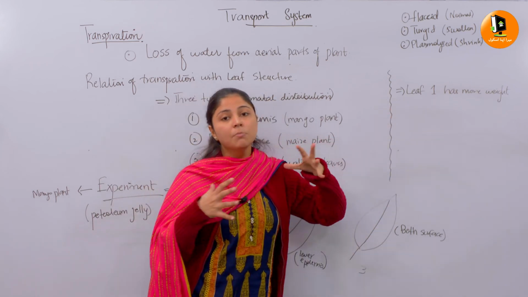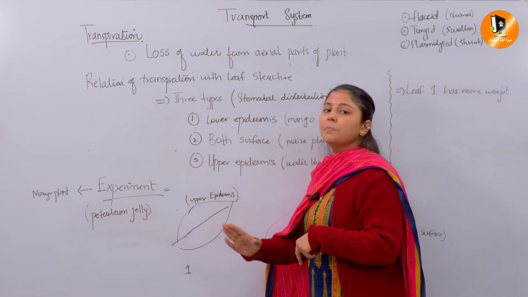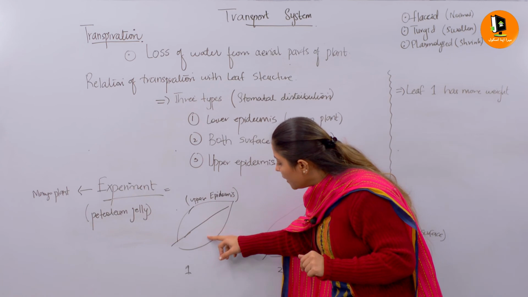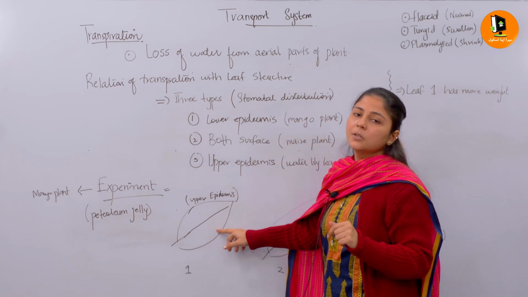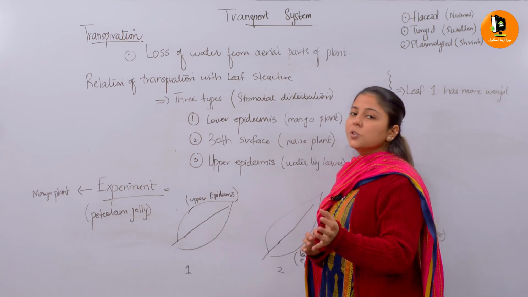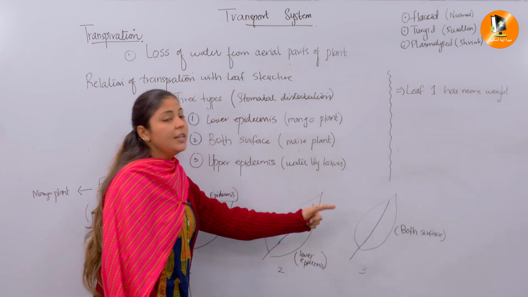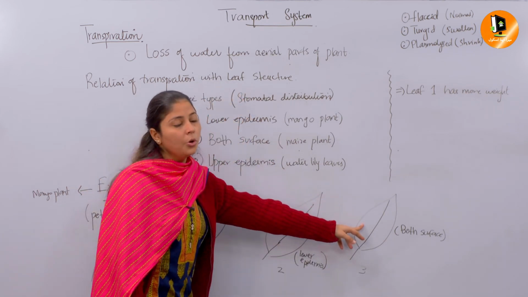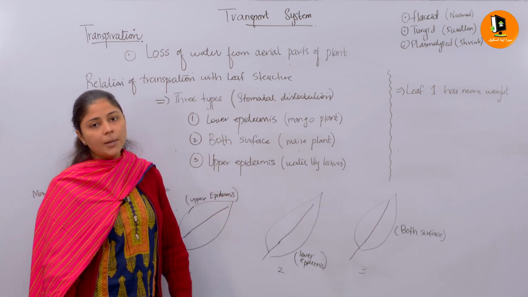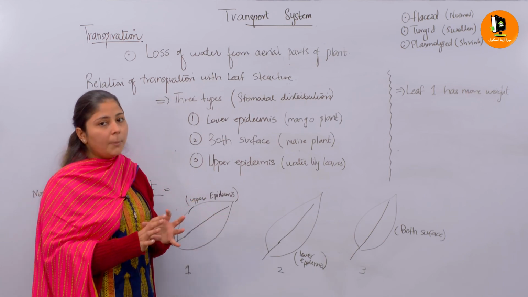When I weigh them, what result comes? Leaf 1 has more weight. We have discussed that in leaf 1 the petroleum jelly is applied on the upper epidermis, but the stomata are mainly found on the lower epidermis. In leaf 2, the lower epidermis is already covered, so no transpiration takes place. In leaf 3, the upper epidermis needs nothing, and on the lower epidermis, where the stomata are, you have applied the petroleum jelly, so no transpiration takes place. So this was all about this concept.